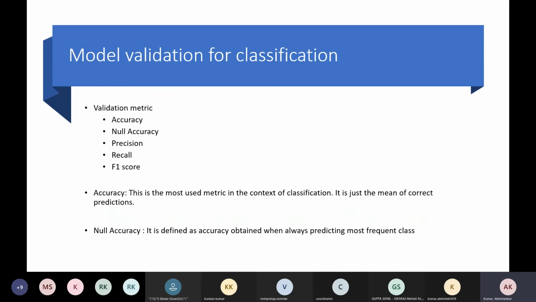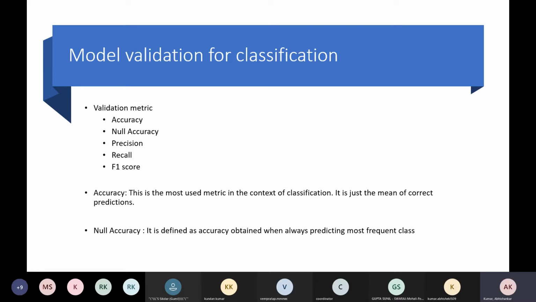Another is null accuracy. It is defined as the accuracy obtained when always predicting the most frequent class. Let's say you are doing some binary classification, and you have 100 observations.